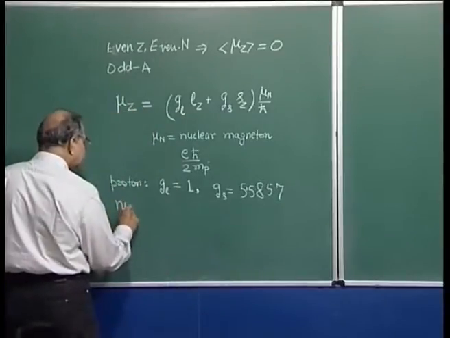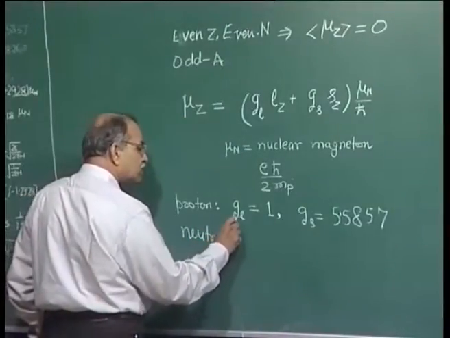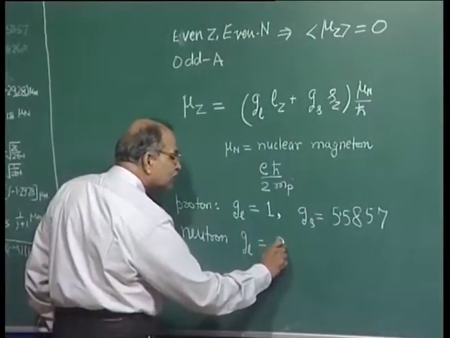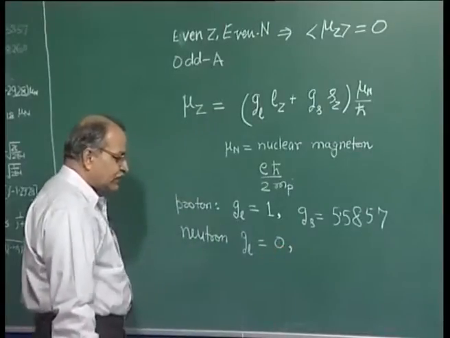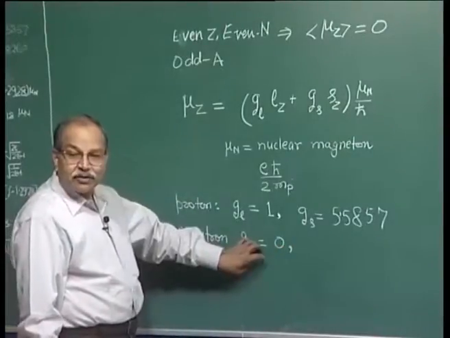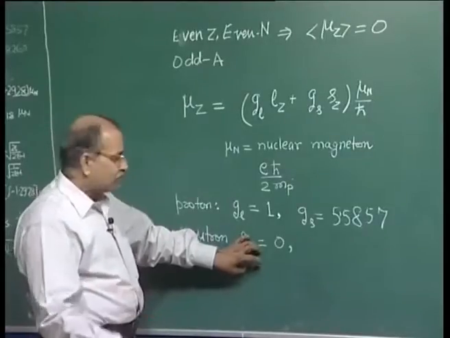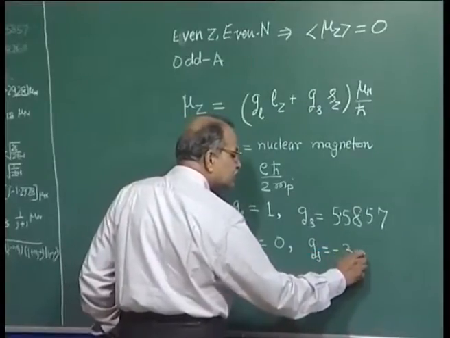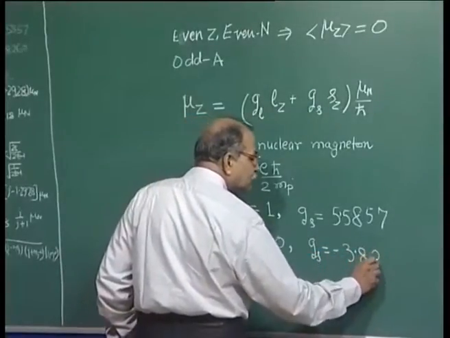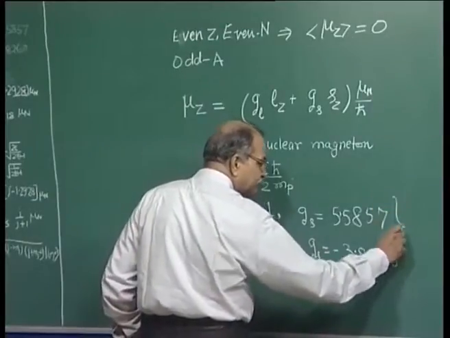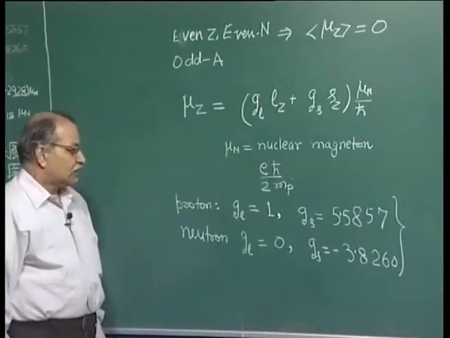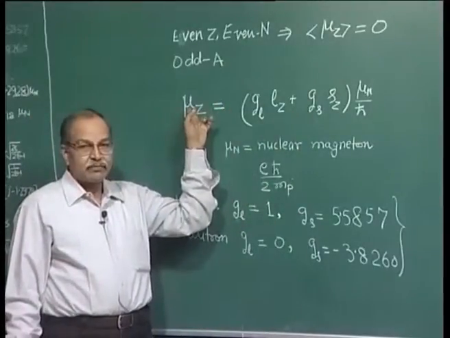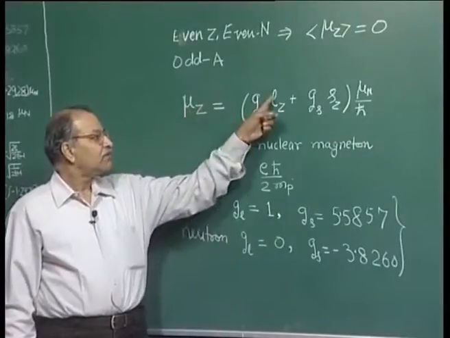For neutron, how much is g_L? How much is g_L? 0. Yes, for neutron g_L is 0, that classical orbital angular momentum contribution is 0, and g_S is minus 3.8260. Right, now you remember. Now, these values we can put here to calculate this magnetic moment Z component, but the problem comes with Lz